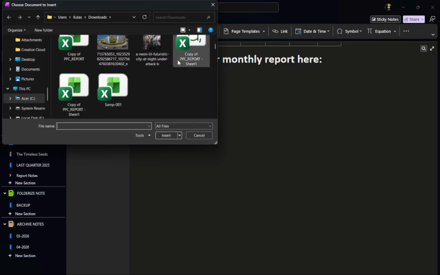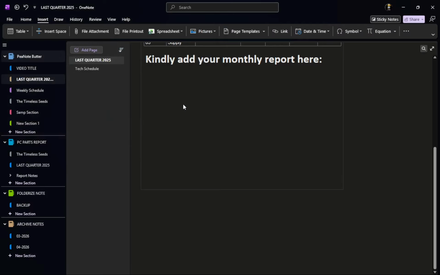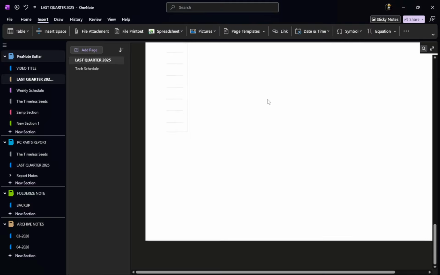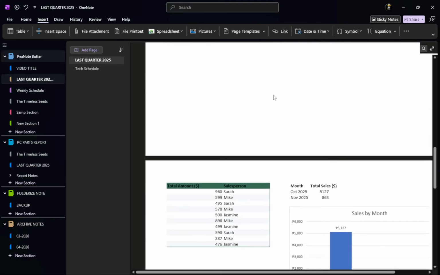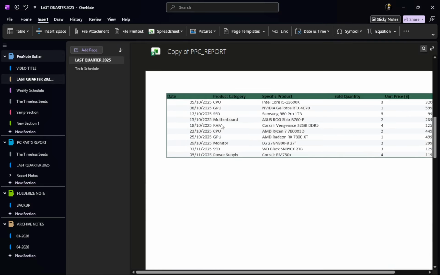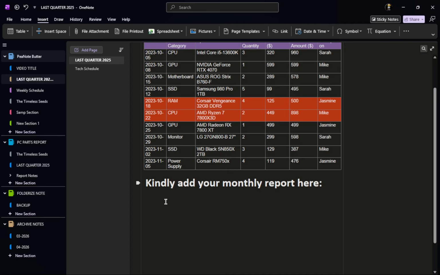After selecting your document for the printout, click Insert. You will see each page of the document appear as a visual representation in your notes. This method is particularly useful for reviewing documents and making notes directly on them. Remember, while the printout allows for annotation, you cannot edit the printout directly. If you need to make changes, you must edit the original file and refresh the printout.